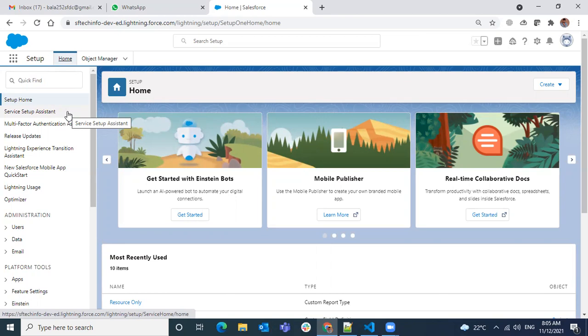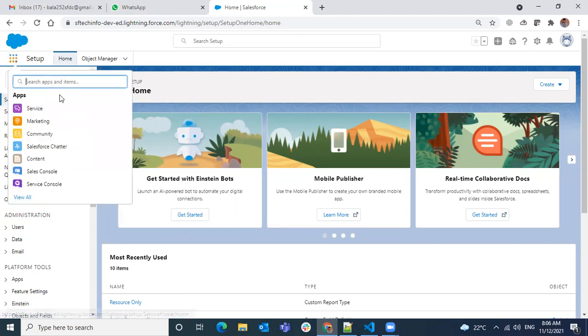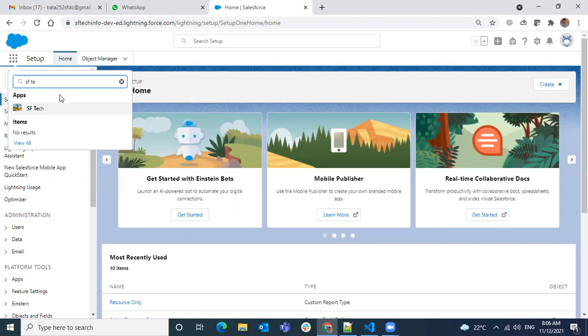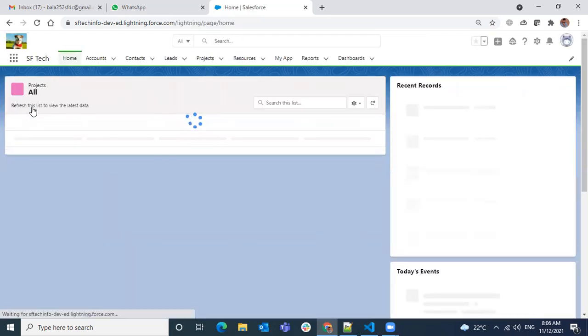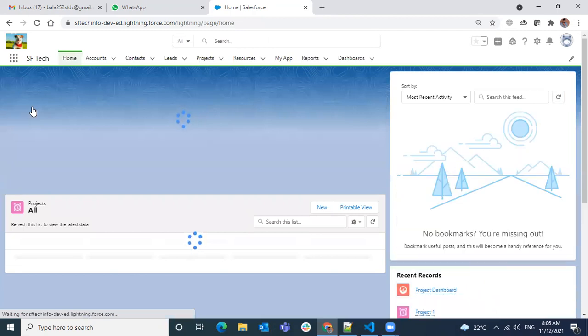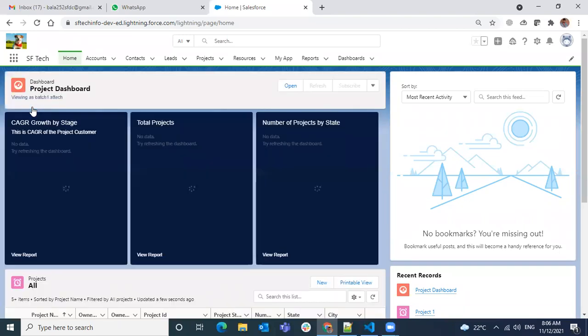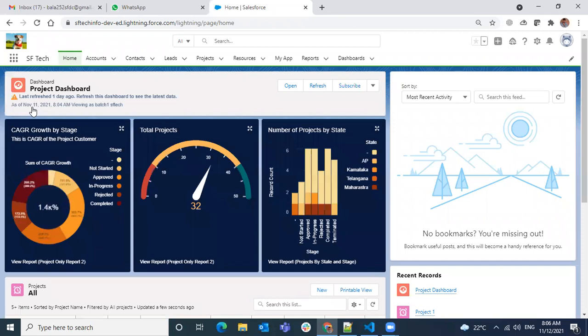So what are all the things that block you from a save? The required fields. If you have any required field and you're not filling it, it will give an error message and it will not allow you to save. That's one way. And if you have required fields on a page layout, then when you're creating a record from the page layout, it will stop you from creating the record. Let's say you're using a data loader or import wizard and you make the field required on a page layout, that will not stop you from creating the records in the backend. So these are the two ways.